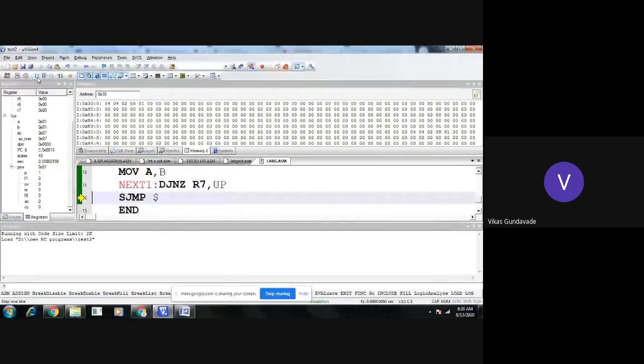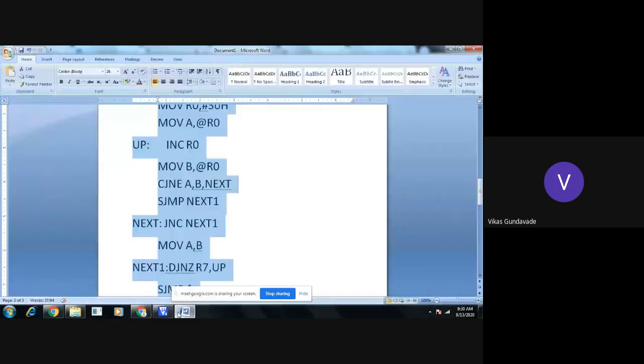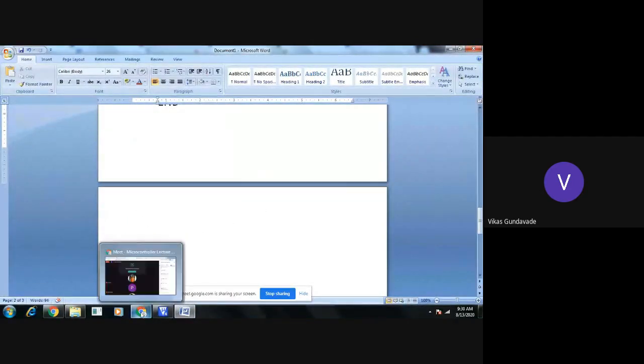So the smallest number came into the accumulator. So here, only by changing the condition of whether the carry is generated or not, we can simply change the program from the largest number to the smallest number. Everyone got it?